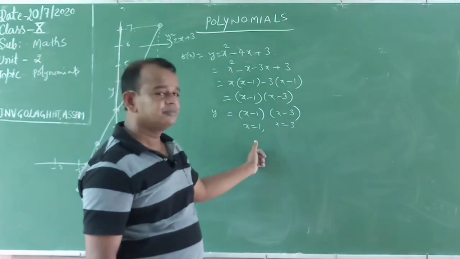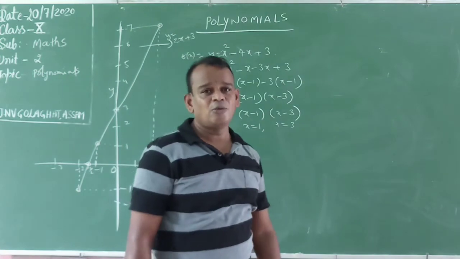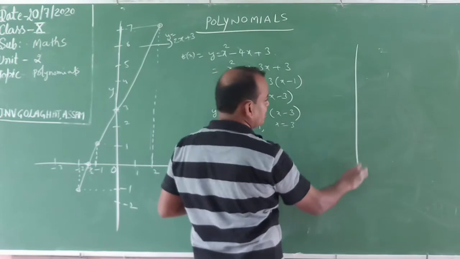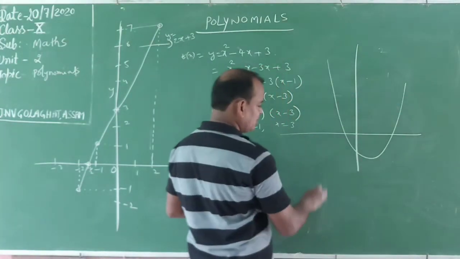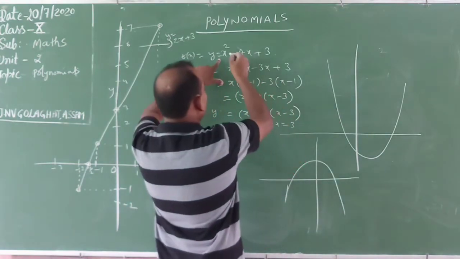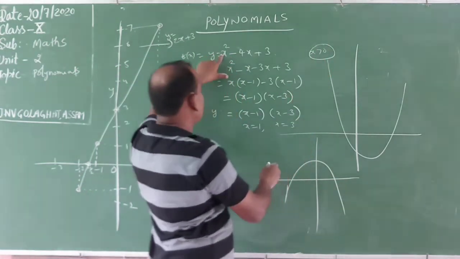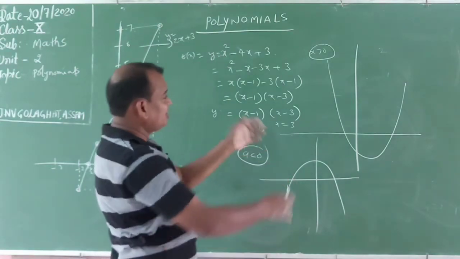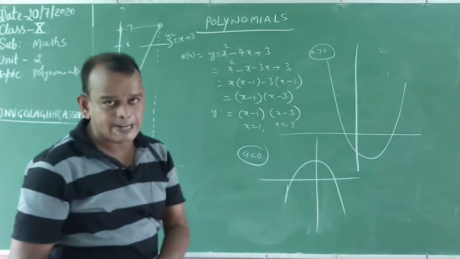This way, degree 2 means must and should 2 values satisfy the polynomial. This is called a parabola, no doubt at all. For suppose it opens here in this way or here in this way, no problem. It depends on the coefficient of x square. If the coefficient of x square is positive, it opens upward. If it is negative, like minus x square, it opens downward. Whenever the quadratic polynomial represents a parabola.